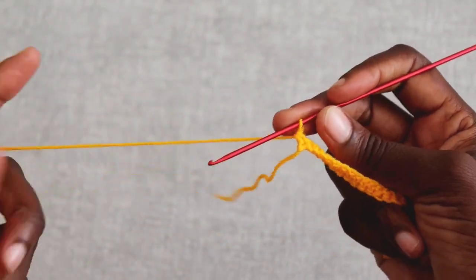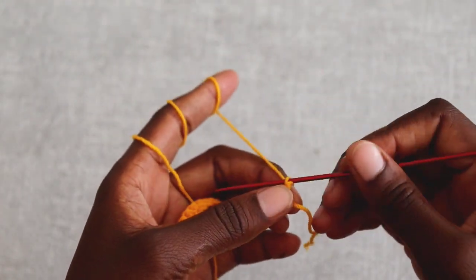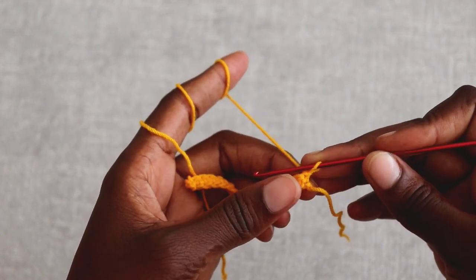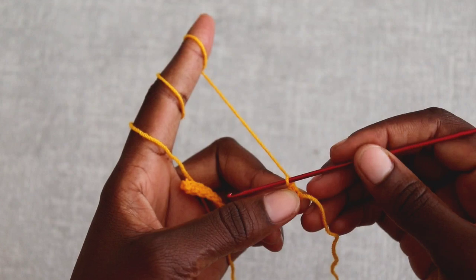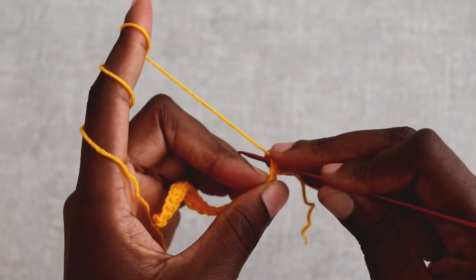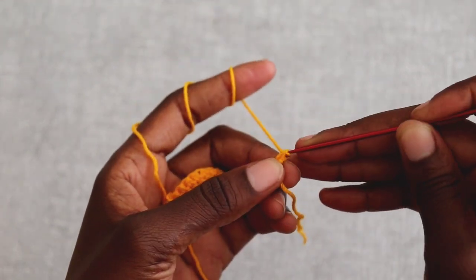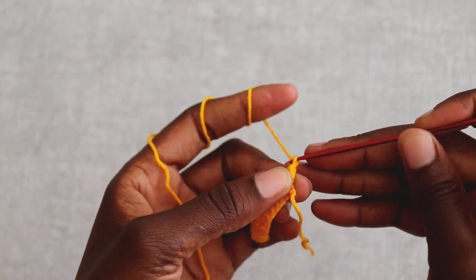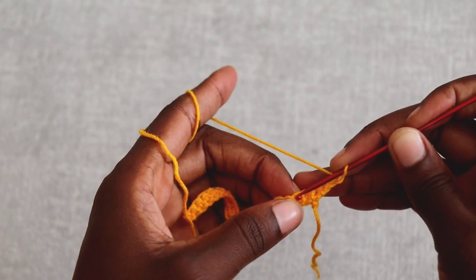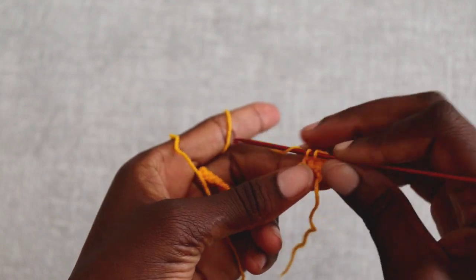Then for the next row, we're going to turn our work. Do not chain, because we're going to work with chainless single crochets and chainless double crochets. So for the second row, we're going to work a chainless single crochet. Just turn your work, and then insert your hook in the very first stitch through both loops at the top, and then yarn over, pull through, and then make a single crochet. Then you're going to chain 2, so 1, 2, skip the next stitch, and in the third stitch you're going to insert your hook, yarn over, pull through, then make a single crochet,